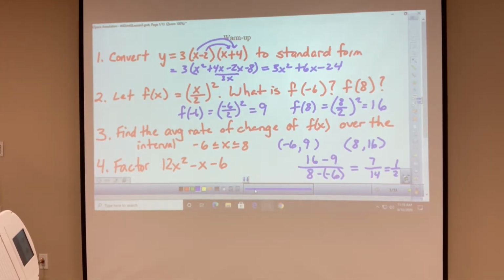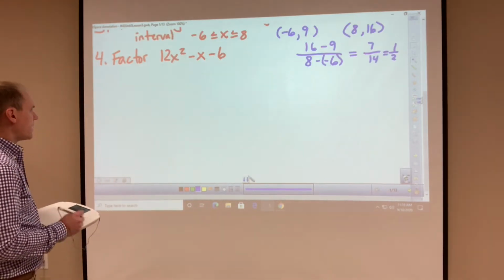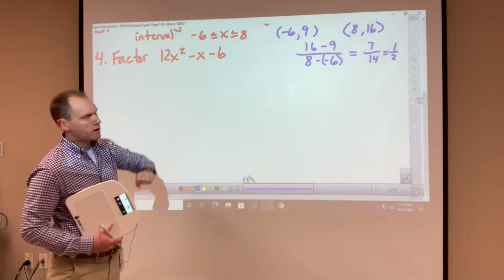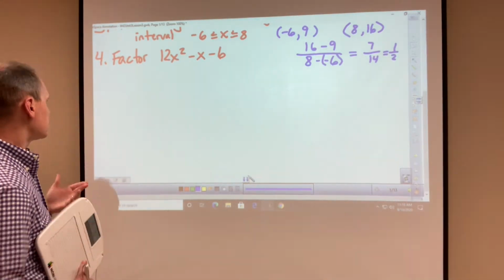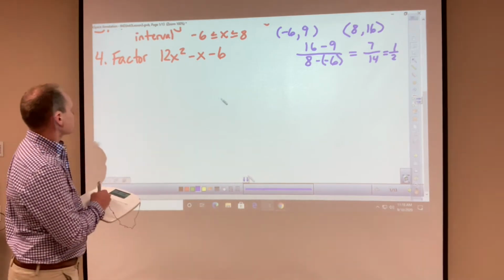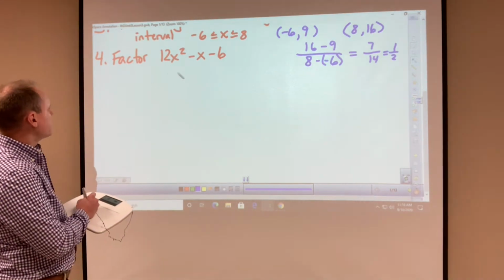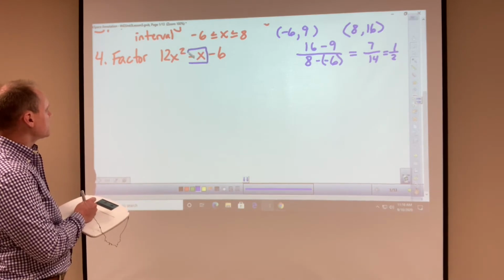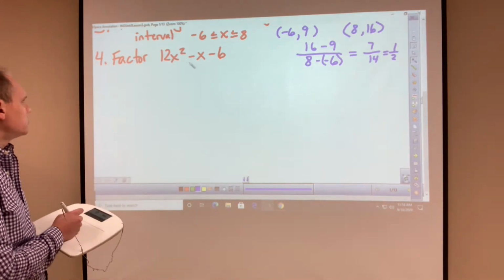Okay, so from there, we're going to look at number 4 here, to factor 12x squared minus x minus 6, which we talked about a couple of videos ago, how to factor something like this. And we talked about factoring by grouping. The first step in factoring by grouping is to separate this middle term into 2 terms. And the way that we find out what those 2 terms are